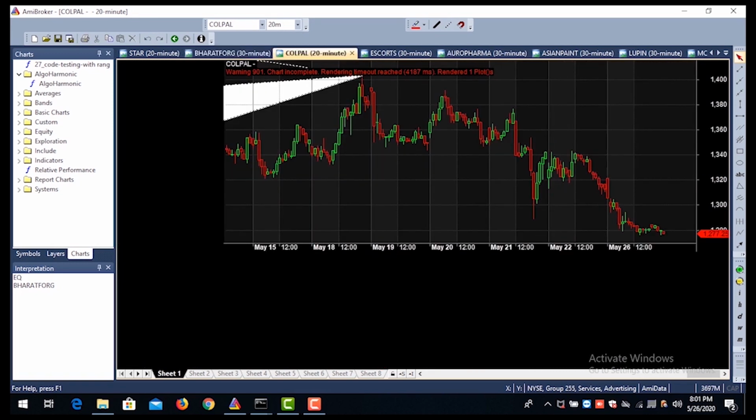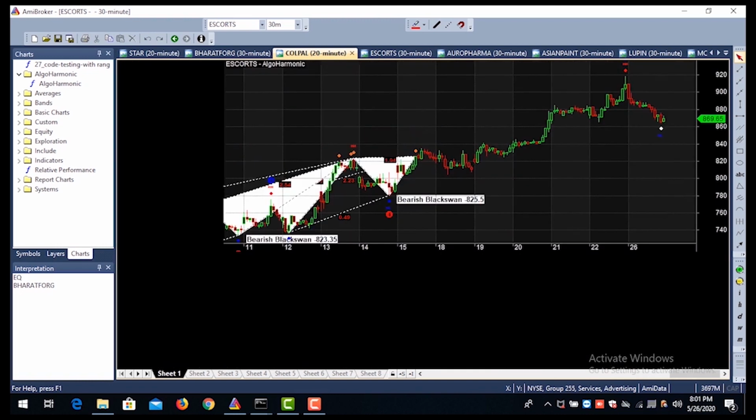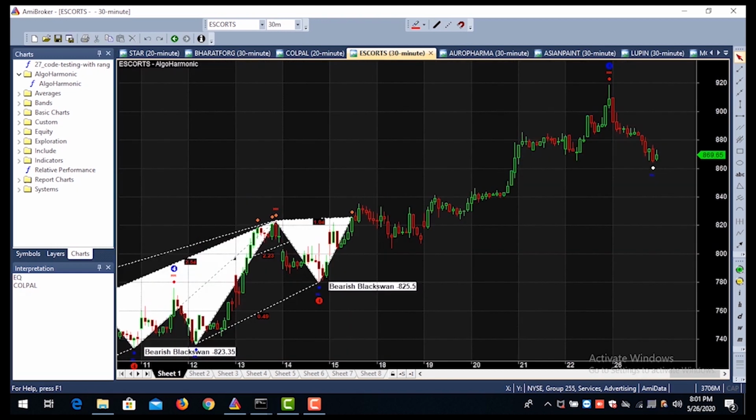That is the main advantage of this refresh.batch file. If this is not there, then however many stock lists or watch lists you have put, they won't get refreshed and you will not get any alert. Okay guys, so this is required only when you are away from the system.